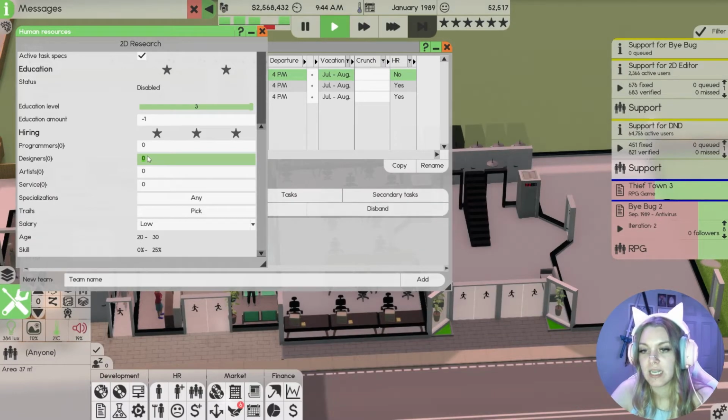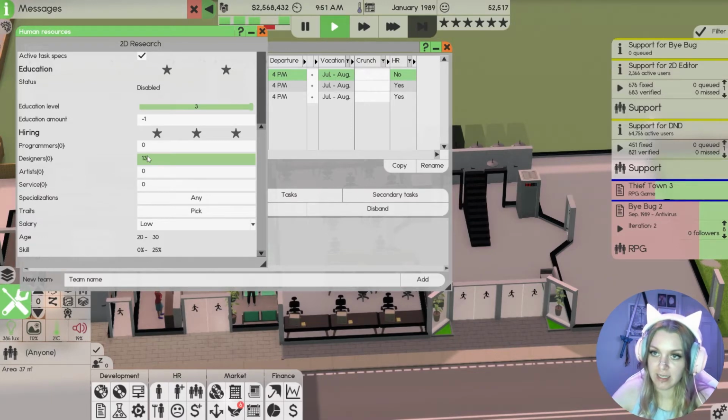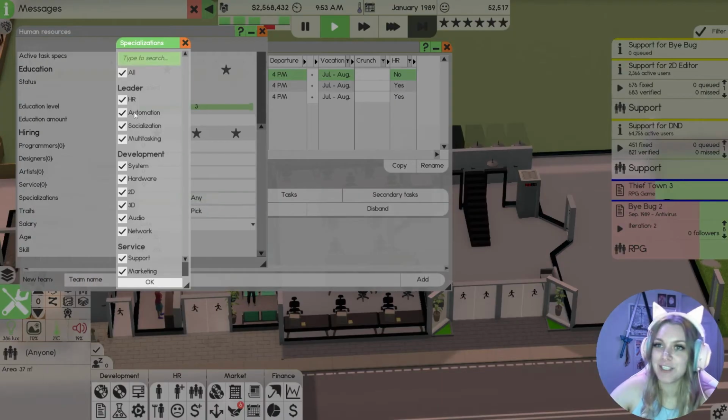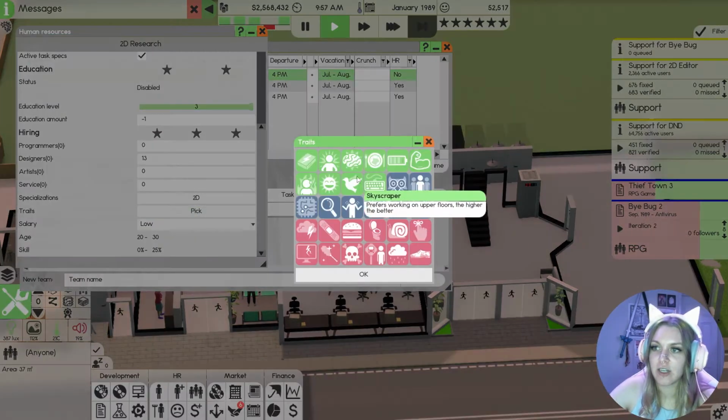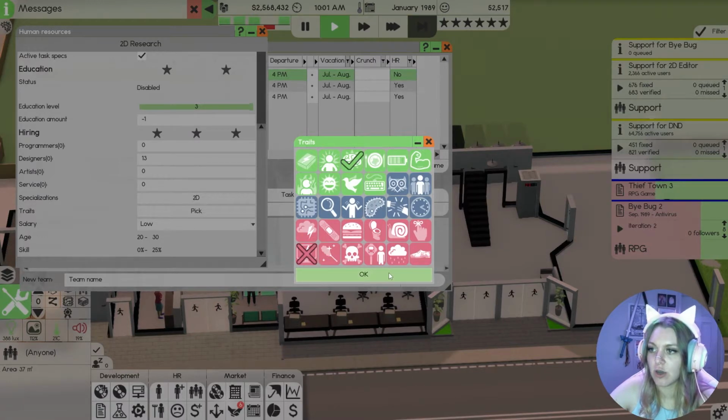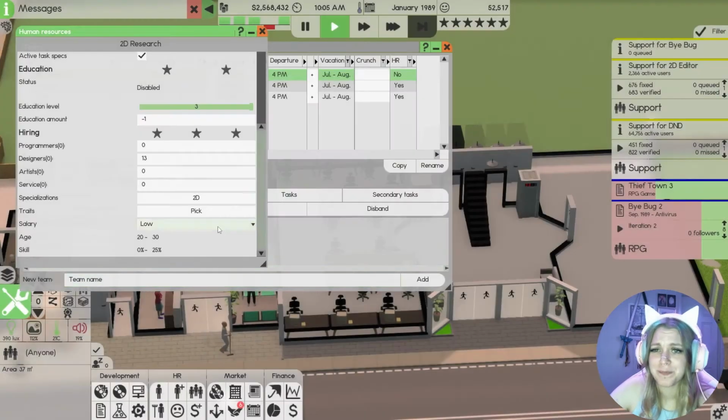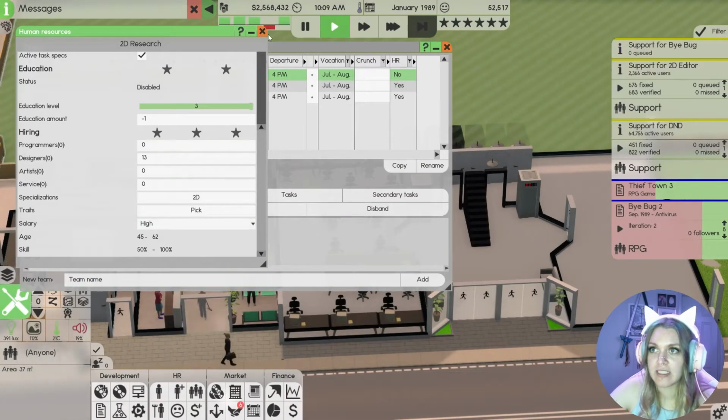So 14 are in one room, so we'll need to do 13 minus the leader. Our specialization is going to be, of course, 2D. And our traits, they're going to be big brain and no, don't break my computers. Please don't break my computers. Salary, high, and we'll exit out of that.